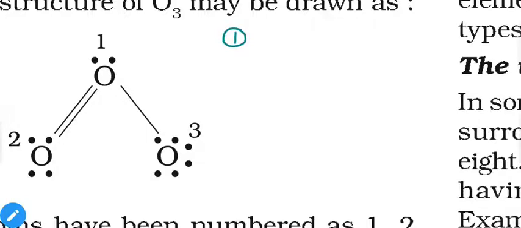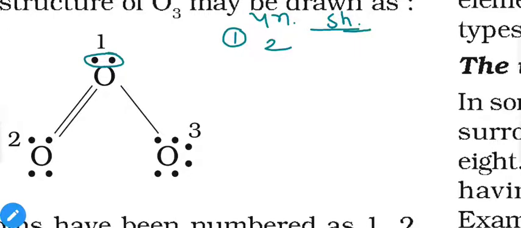For the first oxygen, as you can see, we have a lone pair of electrons, so electrons not shared with other atoms. In lone pair or unshared electrons, let us call it UN. So for the first oxygen, we have 2 unshared electrons. Now let us count the total shared electrons.